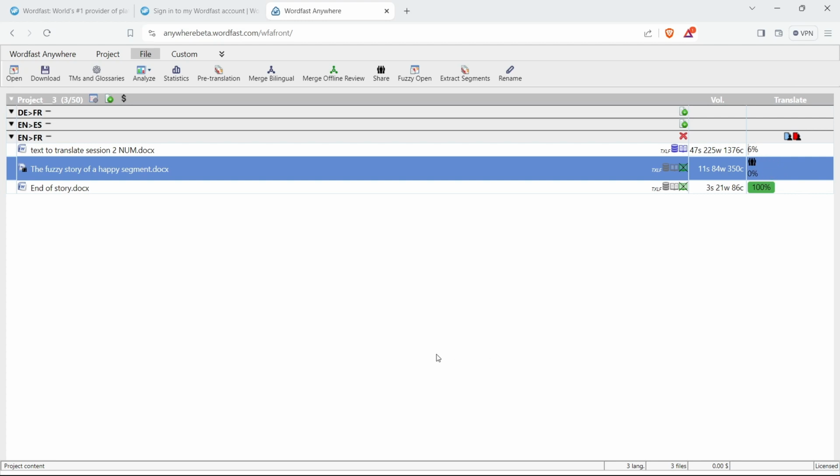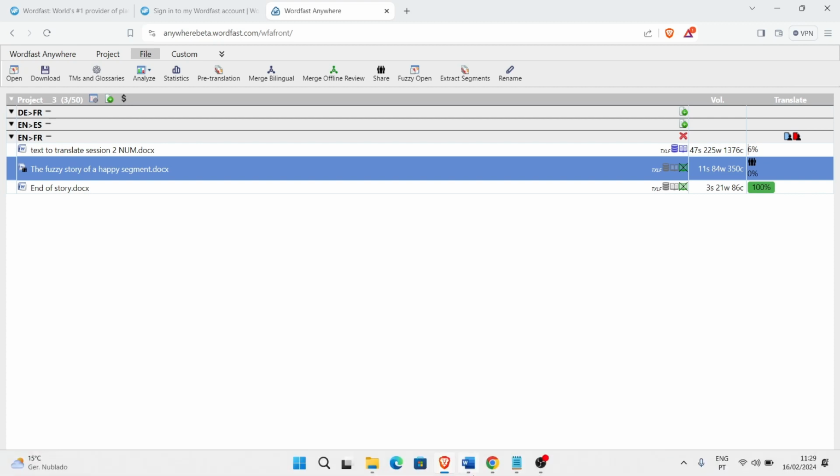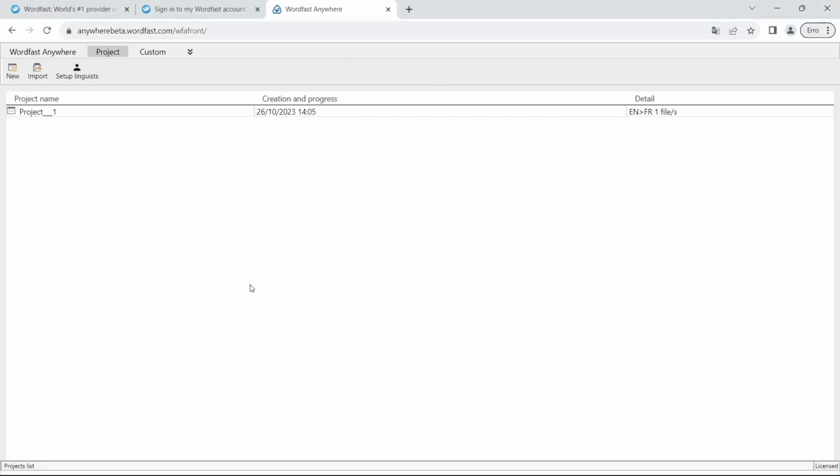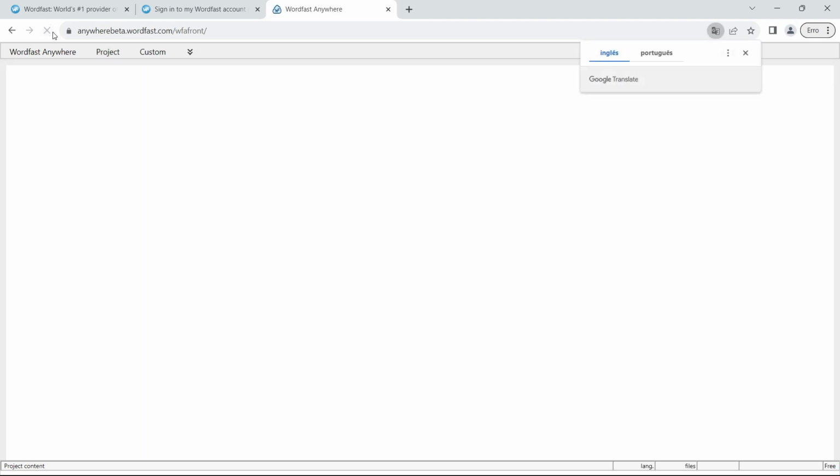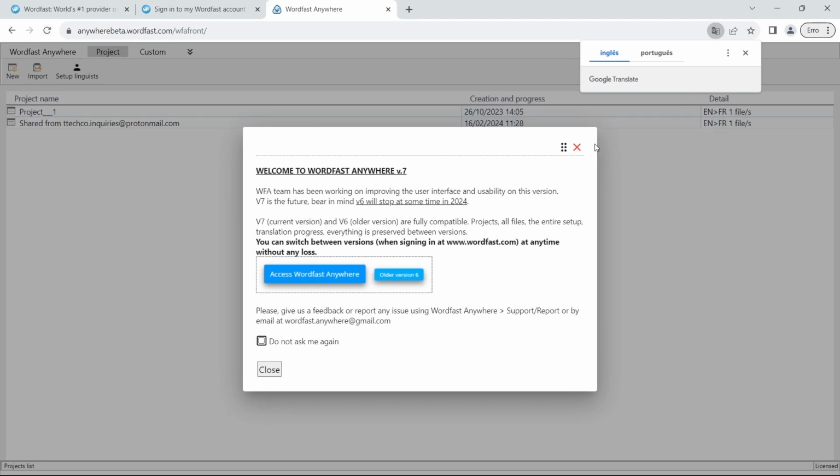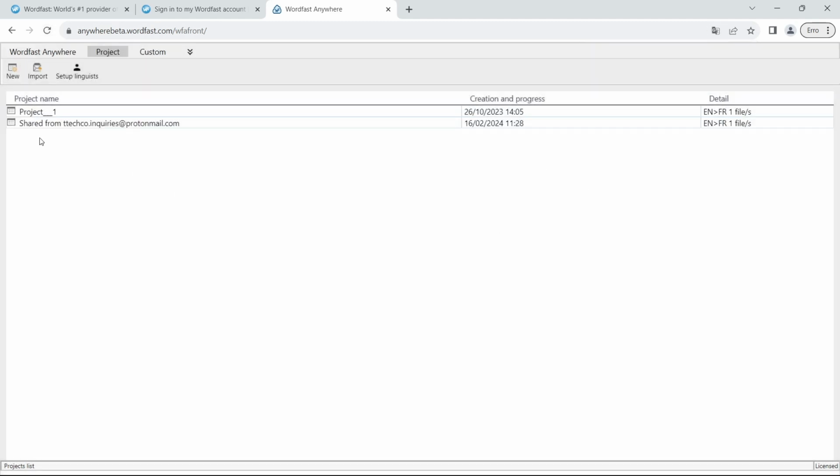So let's now go to the translator's account. So here, I am in the translator's account. The translator had already WordFast Anywhere open, so he needs to refresh the page to be able to see the changes. So now that the page has been refreshed, we see that something is shared from this other email here in